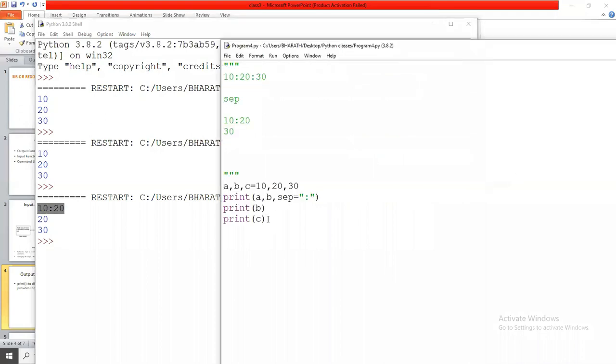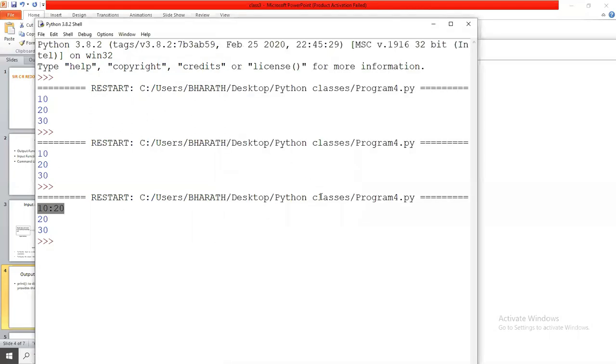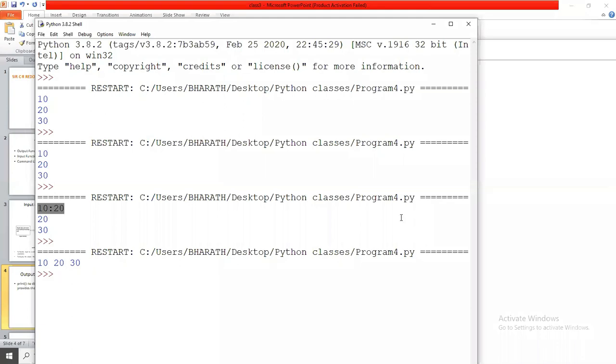Okay, so delete these two instructions, comma c, comma c. Now delete this. So what is the expected output? 10, 20, 30.